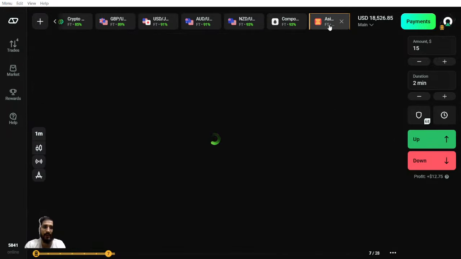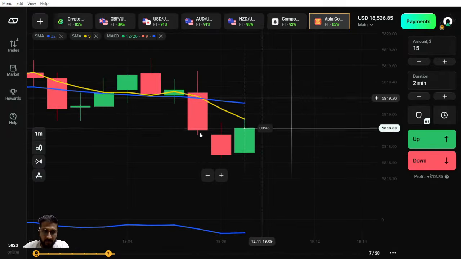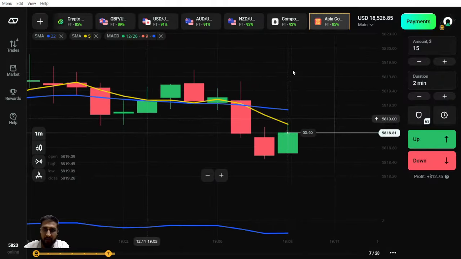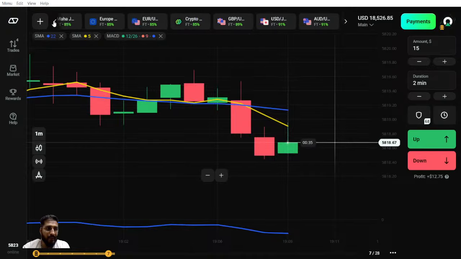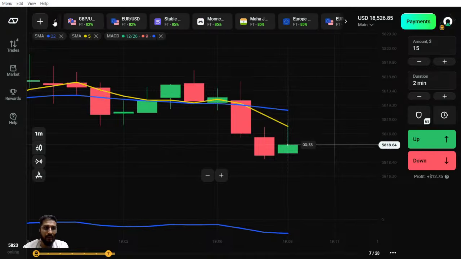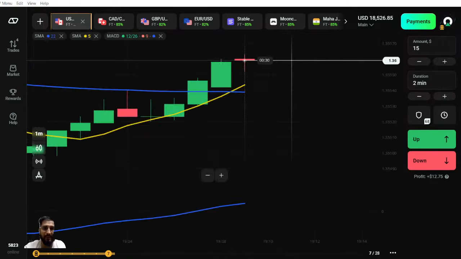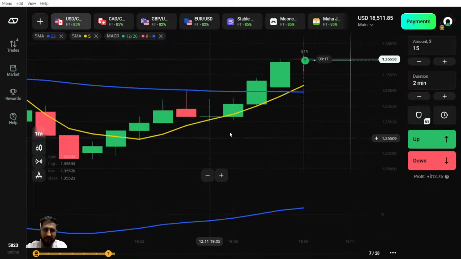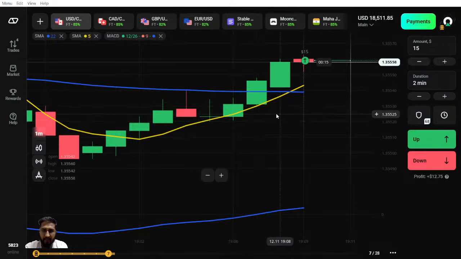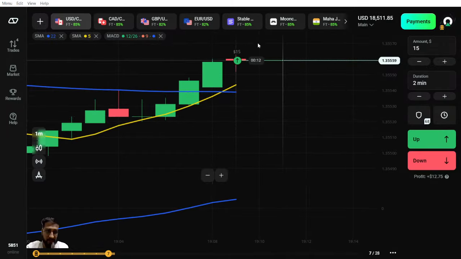Let's open another trade on composite index. US market is already open, so we can expect some volatility and some sudden movements in the market, which is completely accepted. Okay, very nice. There is a quite new signal: intersection of SMAs, and at the same time the MACD intersection was quite near, not too late. Let's see. I might open one more trade on the same opportunity, but not on this candle. I'll be waiting for the next candle.